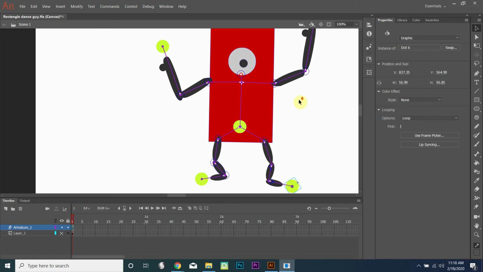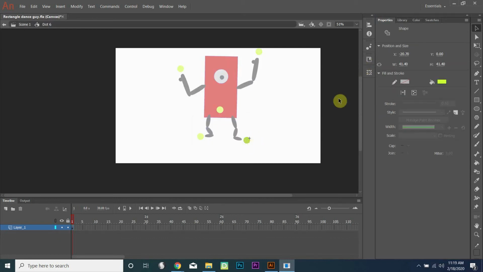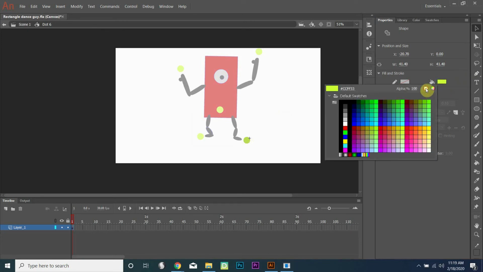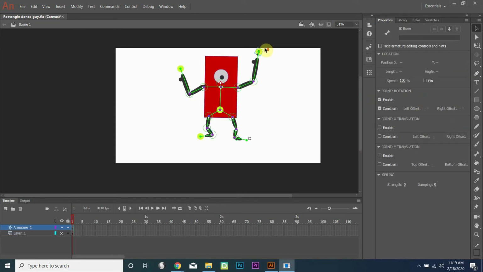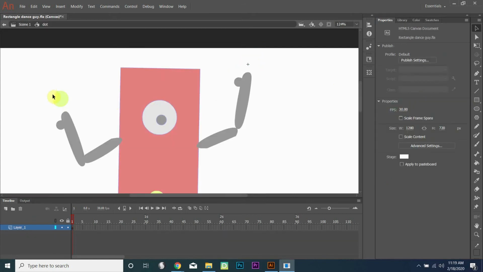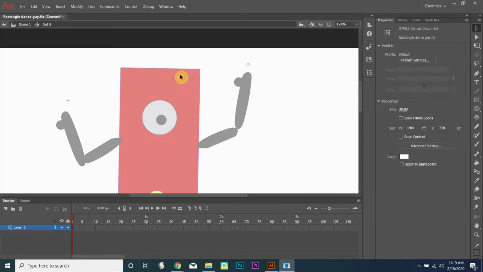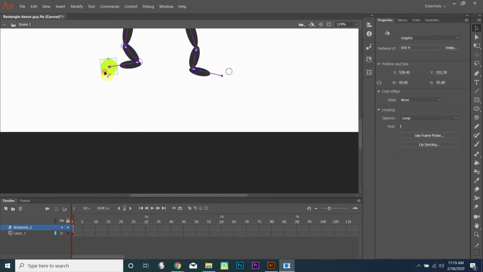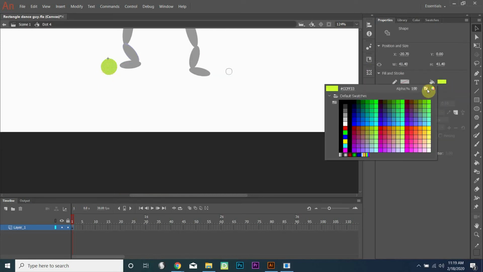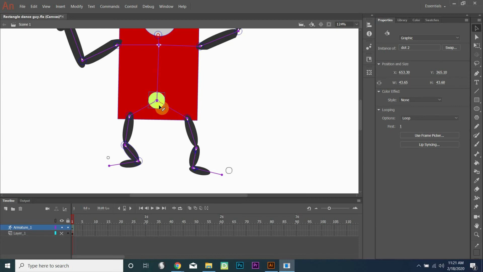But now we've got these yellow dots all over the place that we need still, but we don't want to see. So what we can do is double click on one of our dots, and it'll bring up the color for it. We can turn it transparent. Turn them all transparent. I'm double clicking to get out of what's called isolation mode, and then double clicking to get back into where we were. So this one right here,